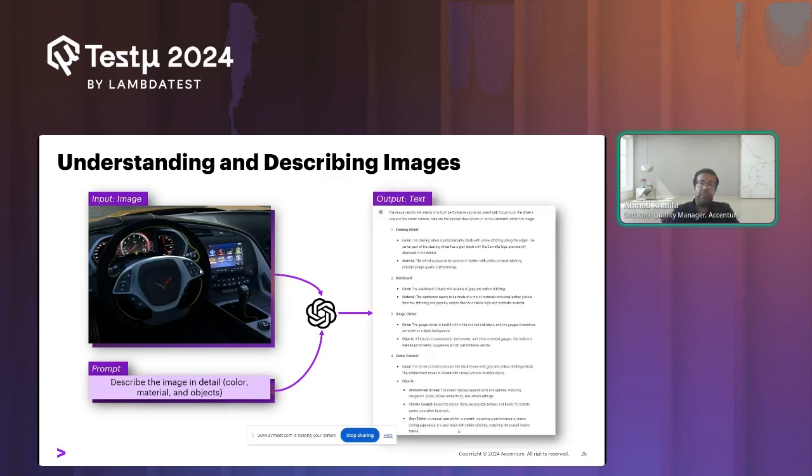And you could see the output, that it's really able to get every detail in this image, right? It starts by saying that the steering wheel is black with yellow stitches, the material appears to be leather, and it goes on to the dashboard and the central console.